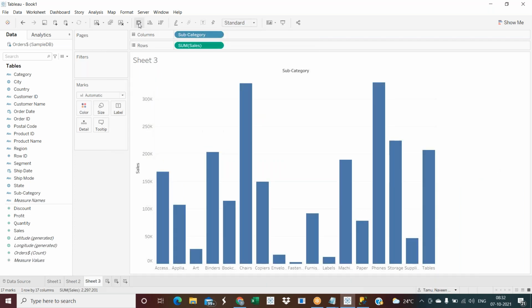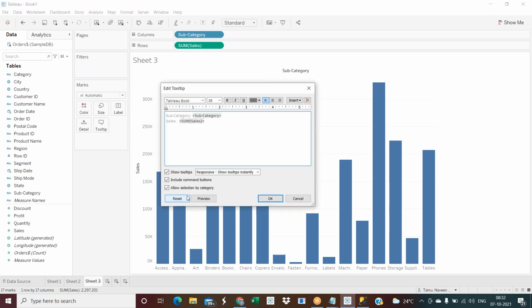What does tooltip mean? My mouse is now on the visualization, but whenever I go onto a bar, you can observe the screen, some value appears, the subcategory and sales. This is what a tooltip is.